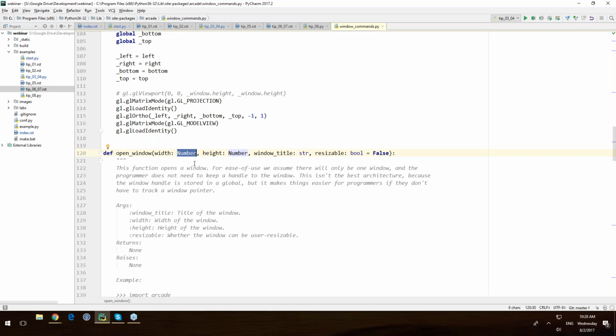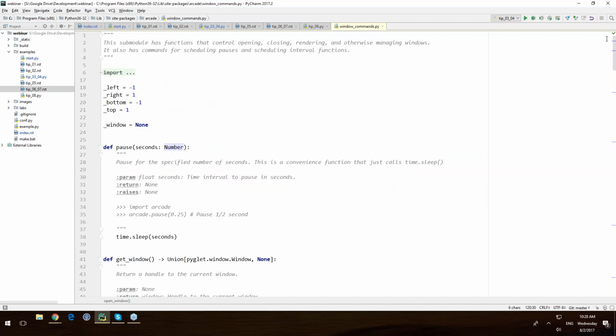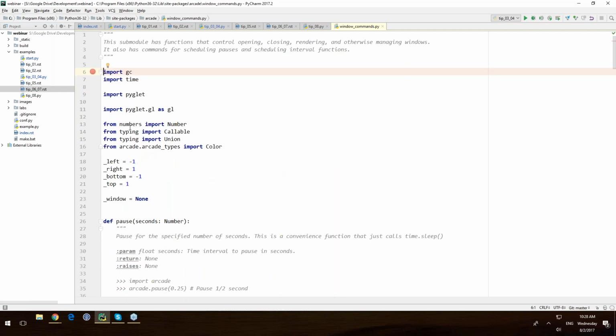Colors, being able to do a color, was a lot more difficult than I expected, because you have to accept arrays and tuples and 3 numbers and 4 numbers. And so it's pretty easy to get started, because all you have to do is a colon and then a type after that. You import the typing library and the numbers library, which are basically the 2 built-in Python libraries that I use quite a bit for doing typing. And that's fairly straightforward, but then you start getting into where you can accept different types of data and you have to do a bit more thinking.